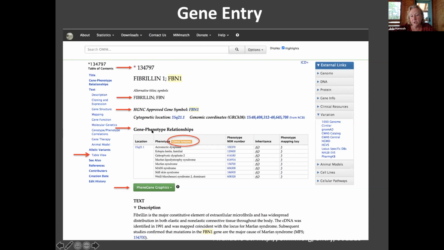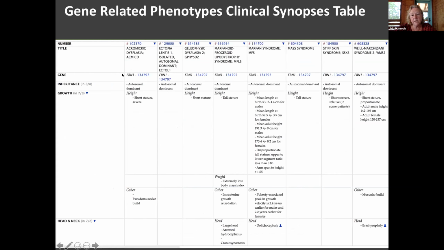The top line is a gene phenotype relationship. These are the various phenotypes associated with this gene. If we click here where it says clinical synopses, what you will see is the clinical synopses of the different phenotypes associated with this gene in a table format. And there's a few things I want you to see here. First of all, these are toggled open a priori, okay?